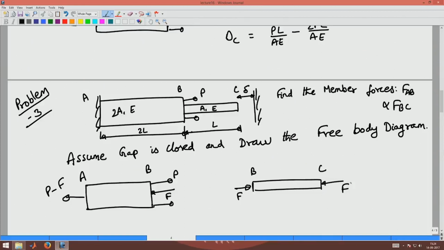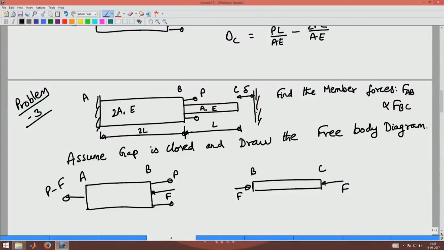problem 2 the F was a prescribed value, but now F is not a prescribed value. In problem 2 F was given to us; now we do not know what F is and we have to find what that F is that will satisfy this requirement that C cannot displace by more than an amount delta. Okay. So, now delta C would be,